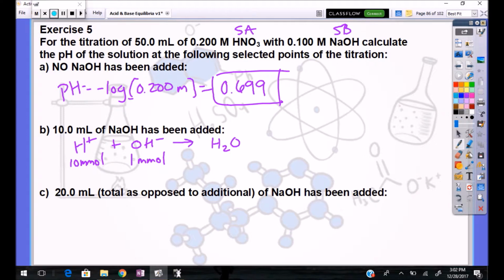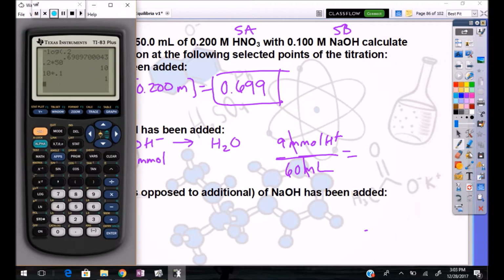If all of our OH goes away, minus 1, minus 1, we end up getting 9 millimoles of H plus, and then we divide by our total volume. Our total volume here is 50 milliliters plus 10 milliliters, 60 milliliters. If I divide, my milli part cancels, and I get 9 over 60. 9 divided by 60 gives me